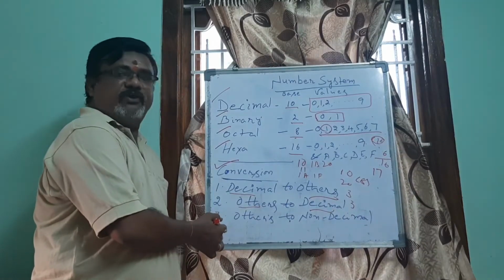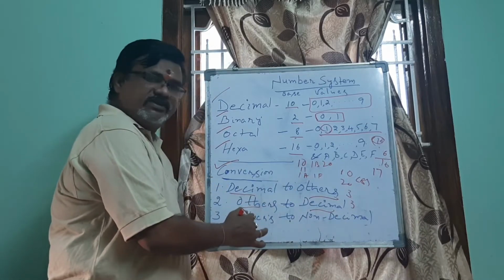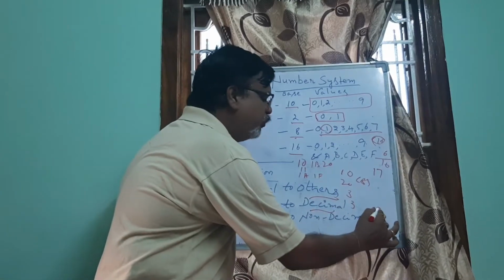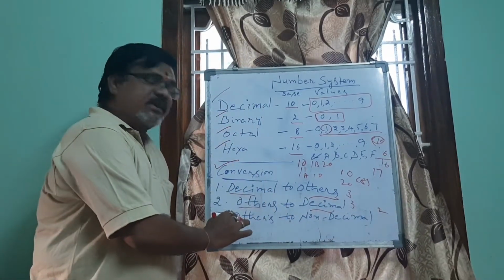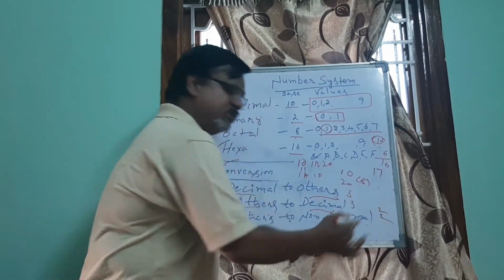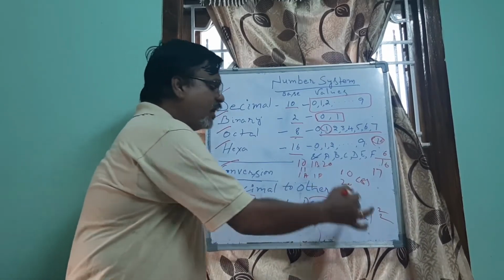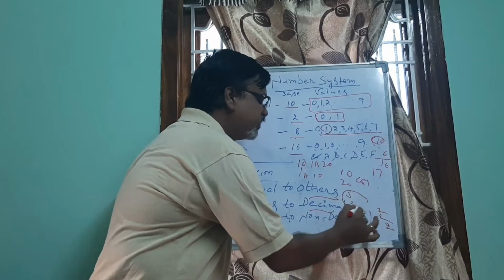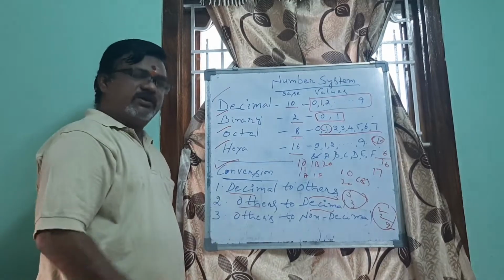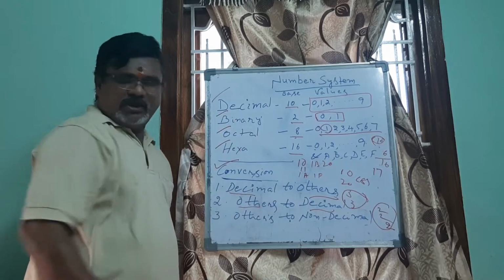And when you come to the third category, other base to non-decimal, meaning say a binary number is given, how to convert a binary number to octal number and hexadecimal number. So two conversions. If octal is given, how to convert that into binary and hexadecimal, 2 conversions. And if hexadecimal is given, converting hexadecimal to binary and octal, total 2. So here there are 6 and here there are 6, total 12 conversions we have to discuss now. Those 12 conversions, also with fractions and without fractions, we will discuss.